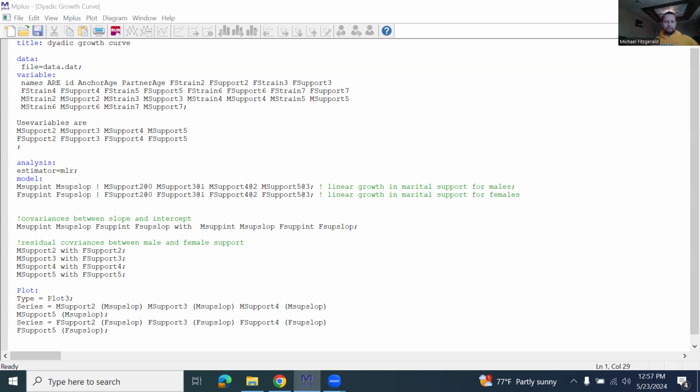Hello, everyone. In this video, I will be going over the dyadic growth curve. For those of you who are familiar with growth modeling, particularly within the SEM framework, including linear growth modeling as well as parallel process growth models, or bivariate growth models as they're sometimes called, where you're modeling two constructs within an individual, this will look fairly familiar. We are just going to make a couple of tweaks